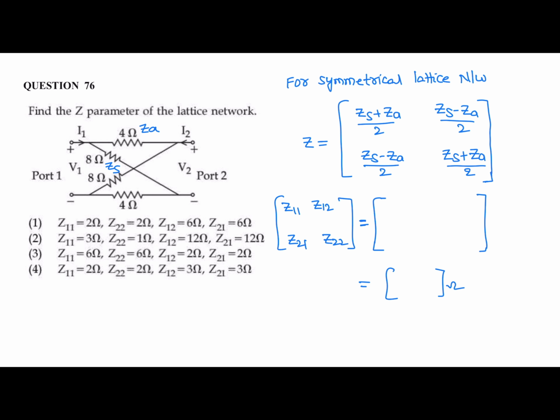Given lattice network is a symmetrical lattice network where ZS is side arm impedance or diagonal arm impedance. The value of side arm impedance is 8 ohm and the value of adjacent arm impedance is 4 ohms, and the formula for Z parameters is Z11 is equal to,